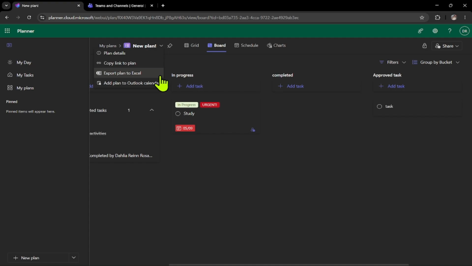So, to keep it simple, Microsoft Planner does not usually let you lock individual tasks. Instead, manage plan members, assign task owners, use labels like Final or Do Not Edit, and export a backup when needed. And that's how you lock tasks in